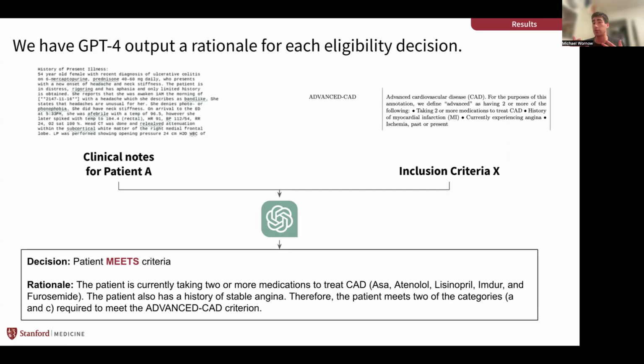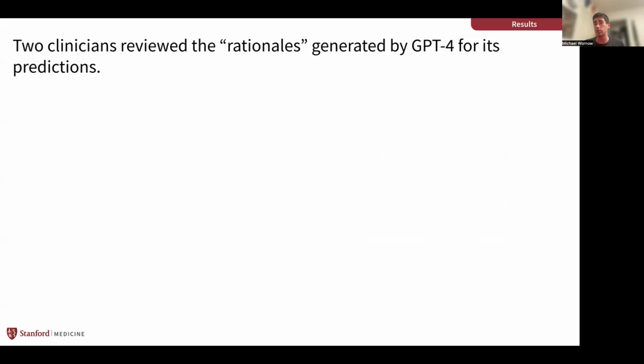And so now there's some reasoning that I can latch onto and verify, like, yes, I agree with this, or there's something I should look into. And so what we did is we had GPT-4 generate these rationales for every matching it did. And then we subsampled, I think, roughly 400 or 500 of them. And we had 2 clinicians review these rationales and assess whether they were fully justified by the actual patient's EHR,